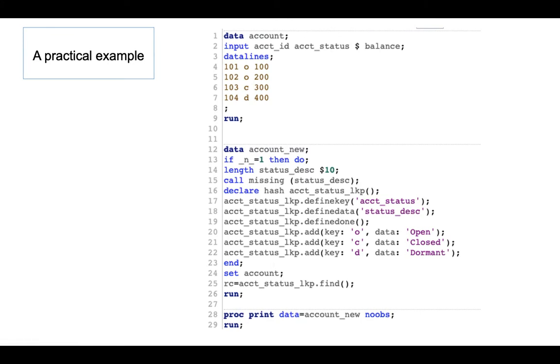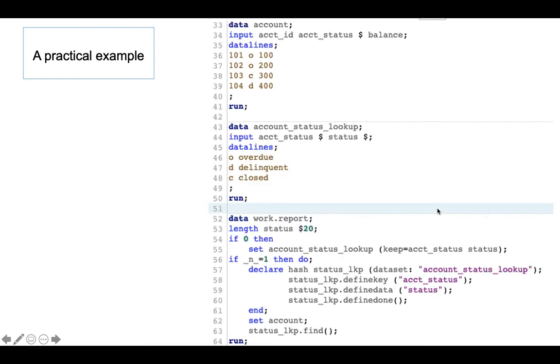The second example is that usually you don't define the lookup table this way, right? You want to put a lookup table in a SAS dataset, but usually you put it in the database, right? So you want to load from an external table. You don't want to hard code those statuses in your SAS code, right? How are you going to change it next time, right? So in this example,